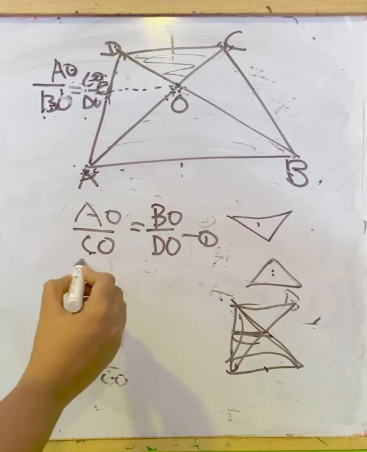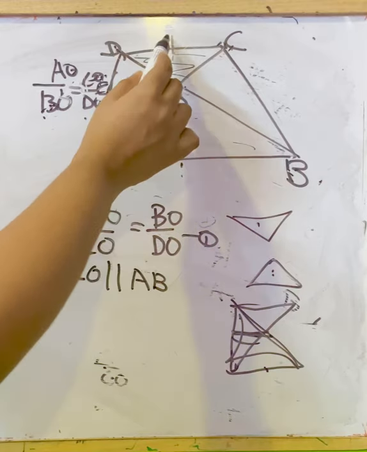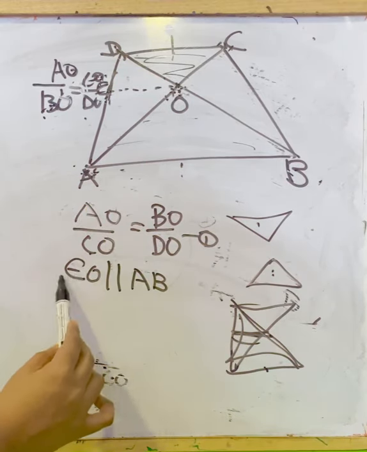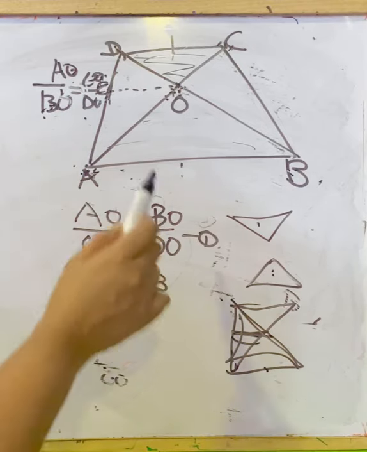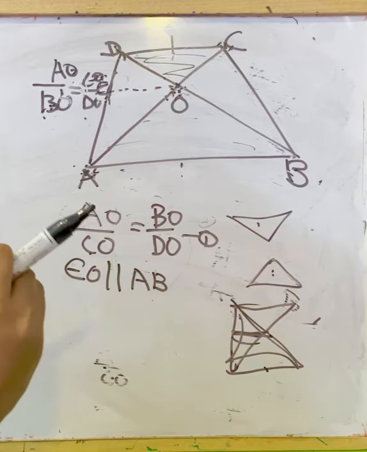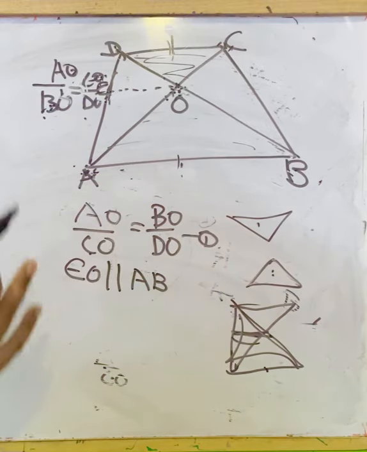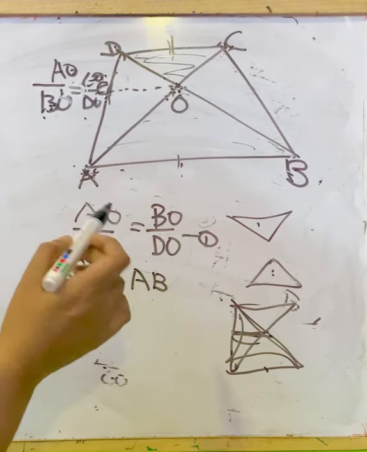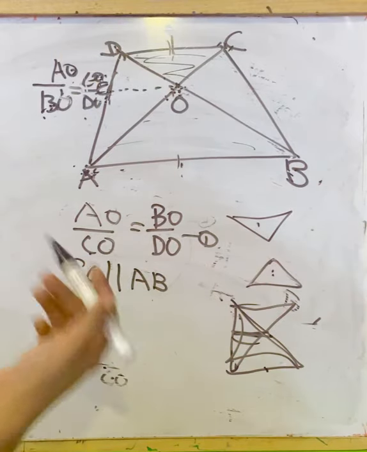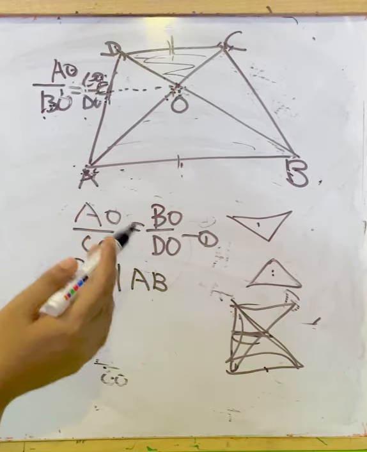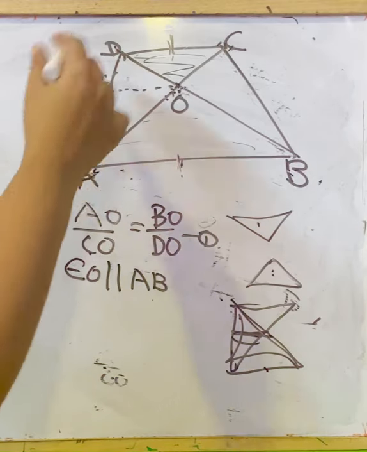But we can say here, let EO be parallel to AB. But here it is not given AB and DC are parallel. So we can't take EO parallel to AB and parallel to DC at a time, because it is not given that it is a trapezium. If the question contains the name trapezium, then only we can say these lines are parallel. Here it is not given, that we have to prove. So we took EO parallel to AB, but we don't know whether it is parallel to DC or not. That we have to prove. Then if we proved like that, we can say it is a trapezium. If we get these two lines are parallel, then we can say this figure is a trapezium.